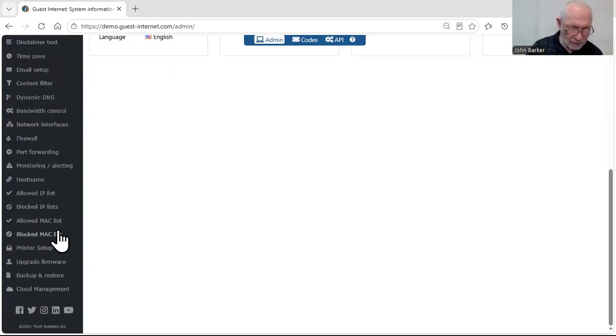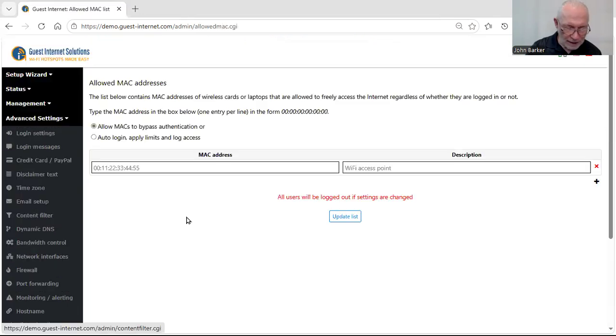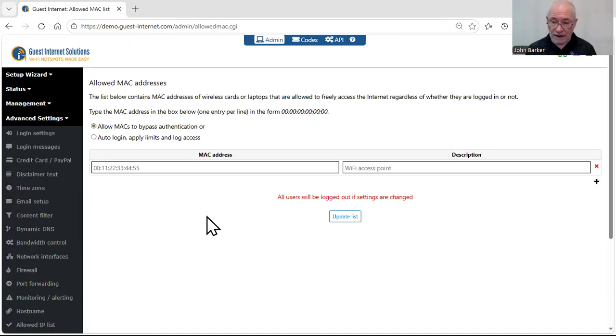The next one I'm going to cover is the allowed MAC list. Now, this allows us to put in the MAC address of devices that are going to connect to the internet without a login page. Why would we want to do this? Well, we can set up, for example, a network in a hotel where the guests have to log in, but staff computers can have the MAC address added here so that the staff computers connect to the internet without any